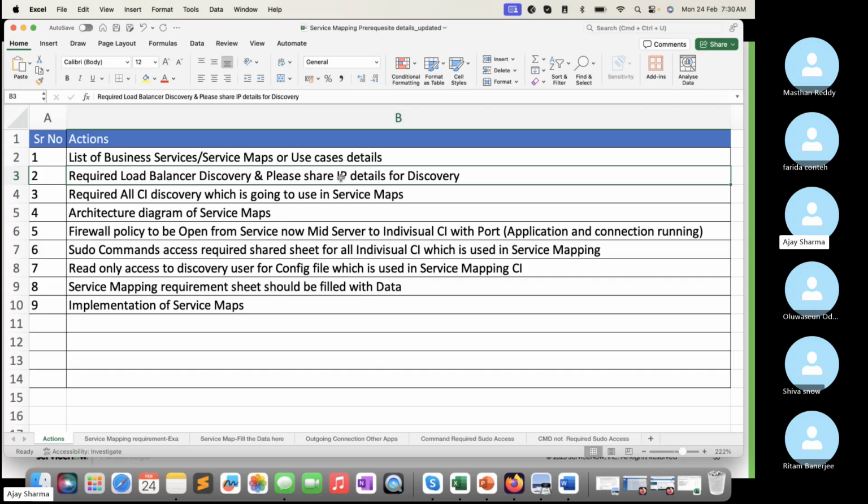First of all, we need to understand whether discovery is already done on those particular CIs, whatever CIs come into the picture, right? And then we require discovery of all the CIs which are going to be used by that particular application service or the service map, right? So as I mentioned, if it is a recharge service that's connecting to load balancers,